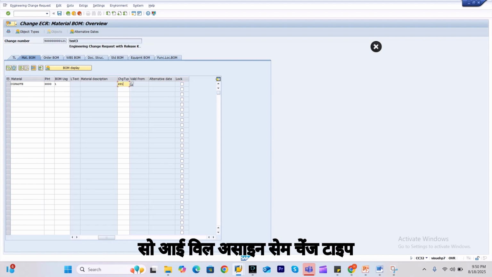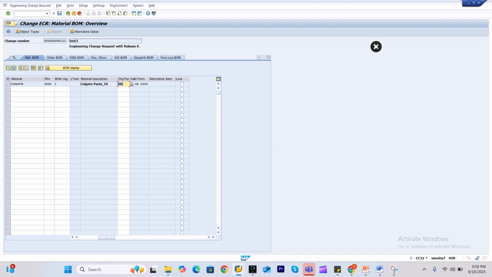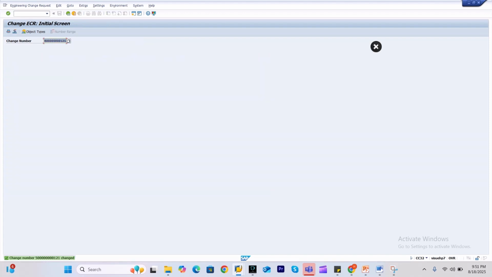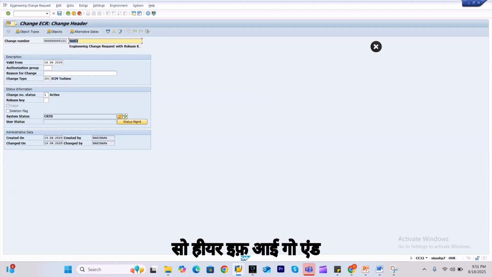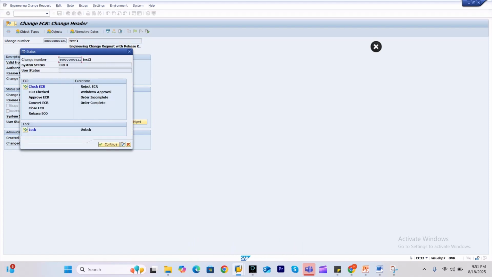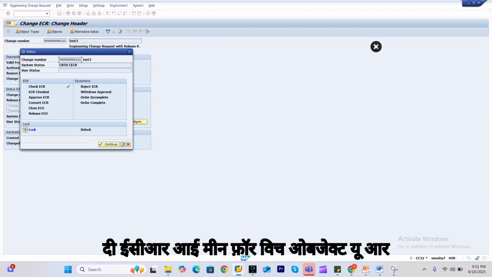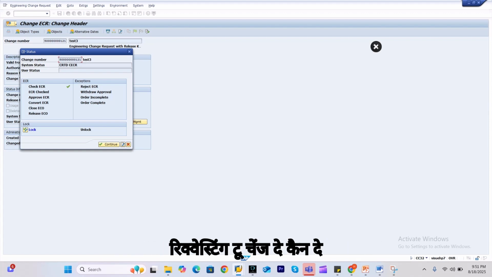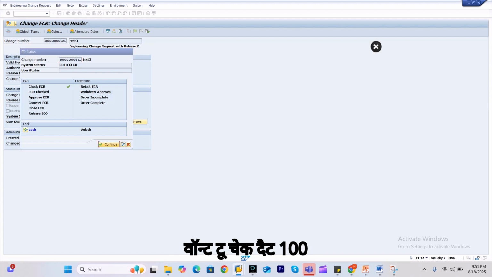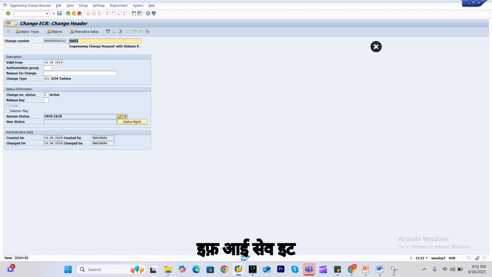Suppose I assign the same change type, okay, and save. Now if I go and check the ECR, it means you are notifying the corresponding person to check the ECR, that is, to check the object for which you are requesting a change. Okay, so if I save it,